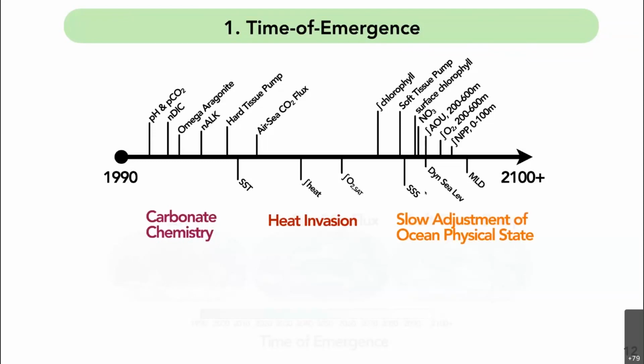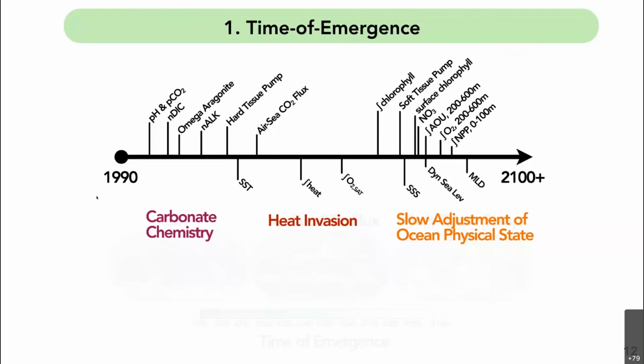And then finally, towards the end of century, you can start to see the slow adjustment of the ocean's physical state to the changes in the temperature profile, as well as changes in atmospheric forcings like salinity and heat and wind. And because of these changes in the physical ocean, changes in the biological components of the ocean start to emerge. So changes in mixing and stratification reduce nutrients to the upper ocean, and changes in biological productivity and oxygen utilization ensue. So this is a summary for the GFDL large ensemble.